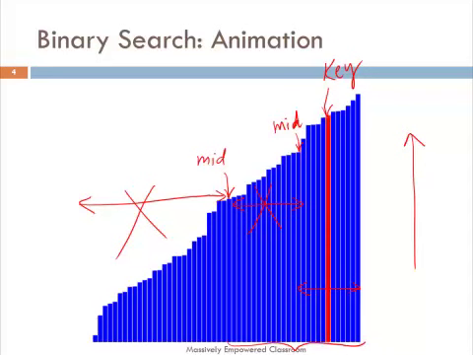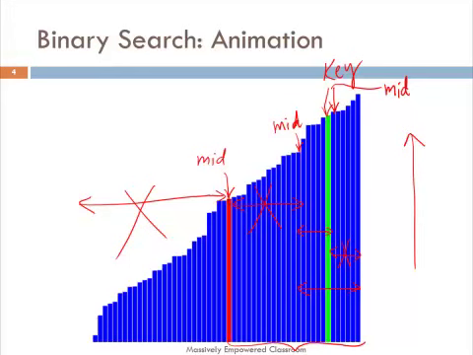Again it finds the midpoint. Let's wait and see where the midpoint occurs in this case. So the next midpoint will be here. So this was the third midpoint that it found. Now it compares that to the key. The value there is greater than the key, which means that this part of the array cannot contain the key. The key must be present between this set of elements. So it keeps repeating this process until it eventually narrows down to and finds the key.